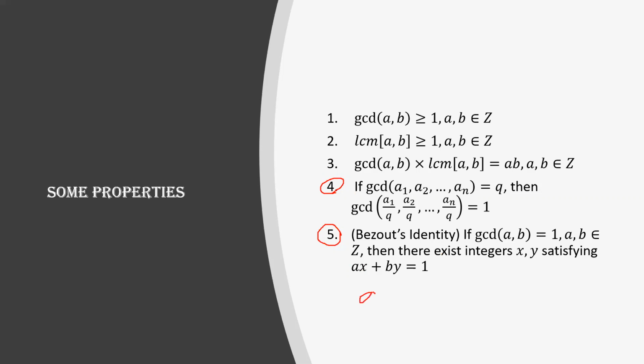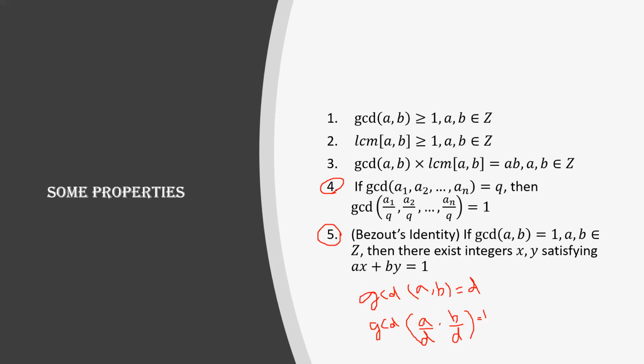Now since we are given that GCD of A comma B is equal to D, this is a given fact, right? Now we can directly impart identity 4 here. When you impart identity 4, what happens? You get that GCD of A by D comma B by D is equal to 1, by identity 4 directly. This is another way you can do it.